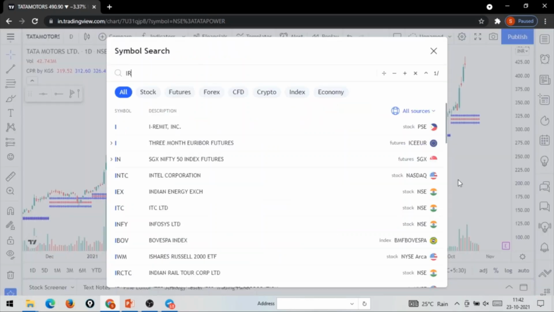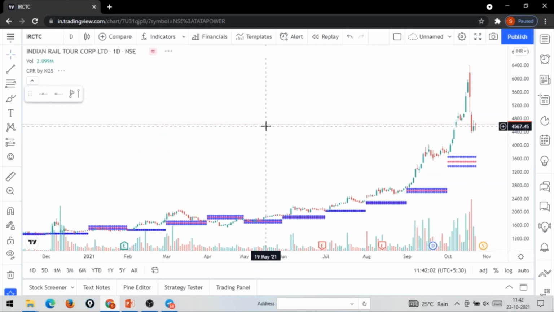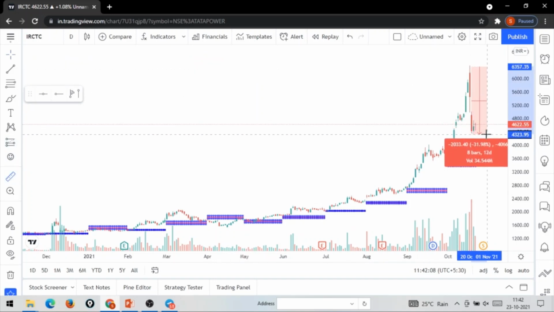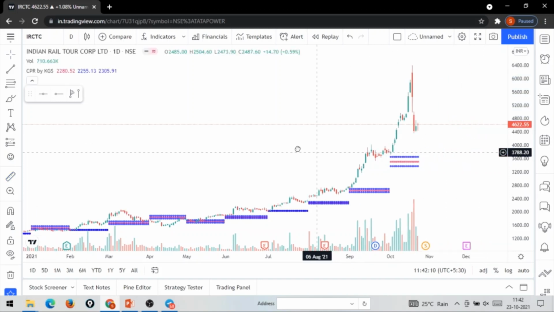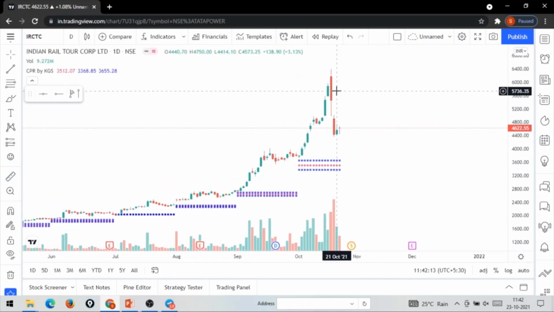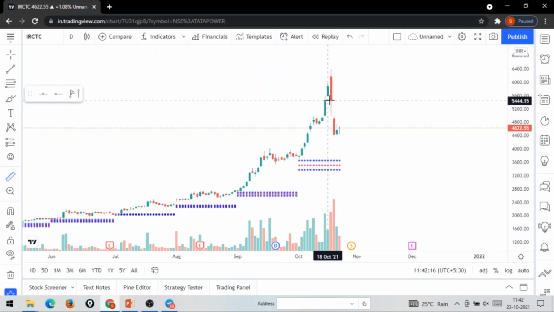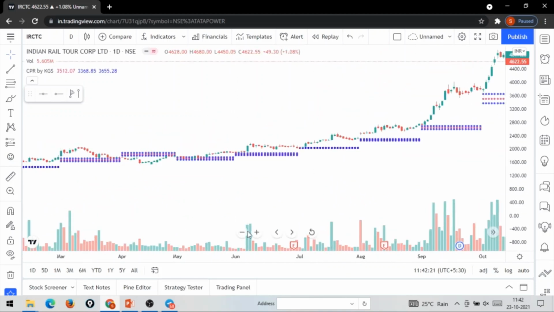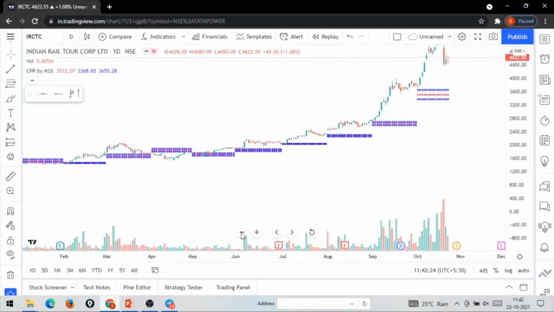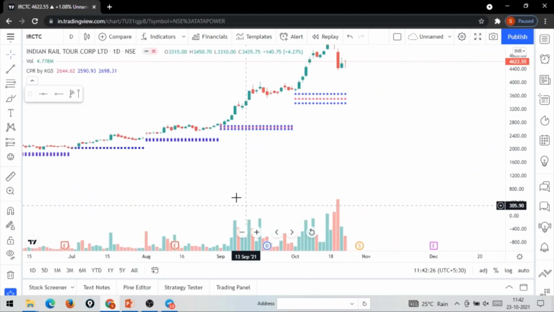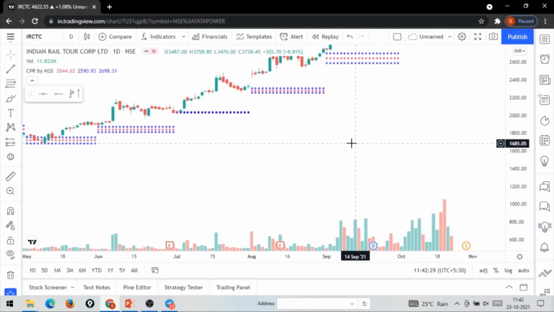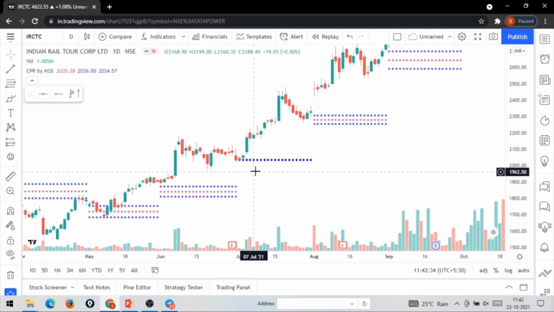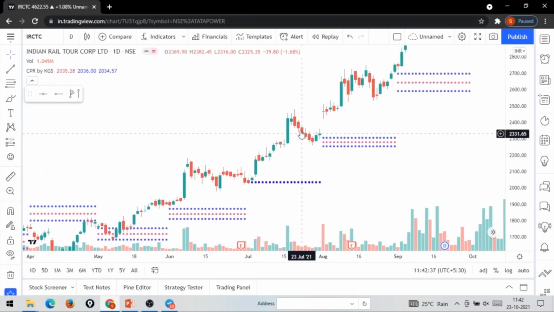Let's look at another stock, IRCTC. It made a huge rally and then came back around 30% in just 9 days. Other than in 2 trading days, it has come down with a high of around 30%. So where do you find the entry point? All these are narrow CPRs. See, this has 1, 2 back-to-back higher CPR.